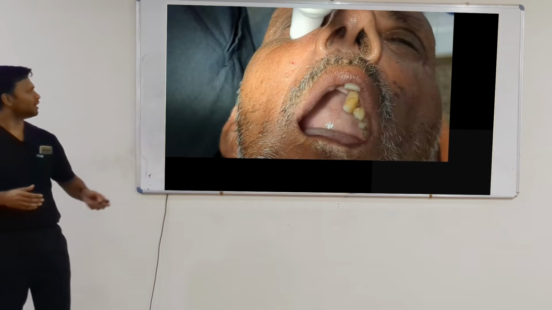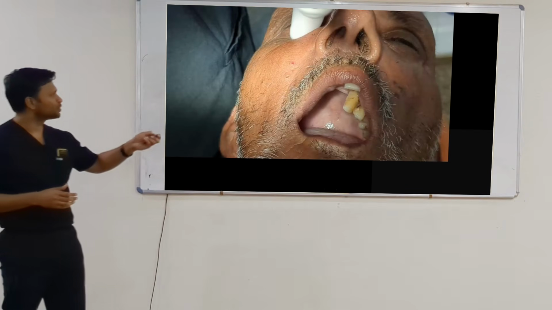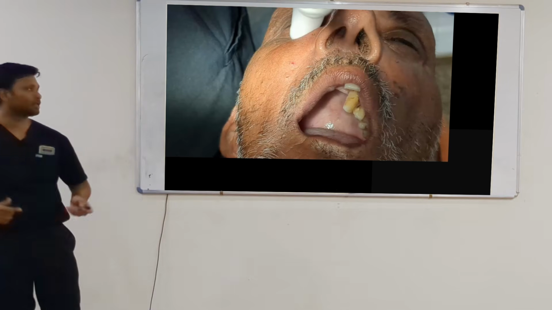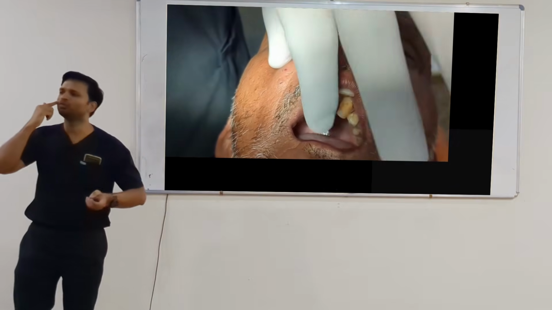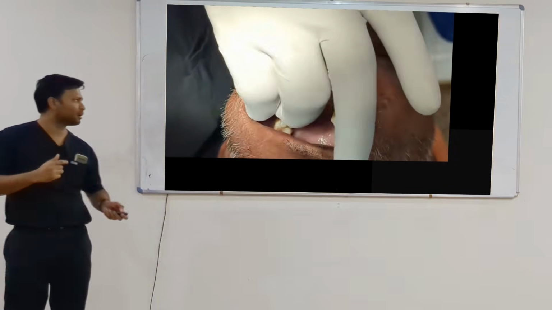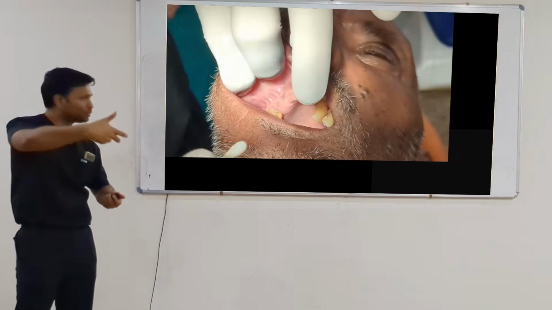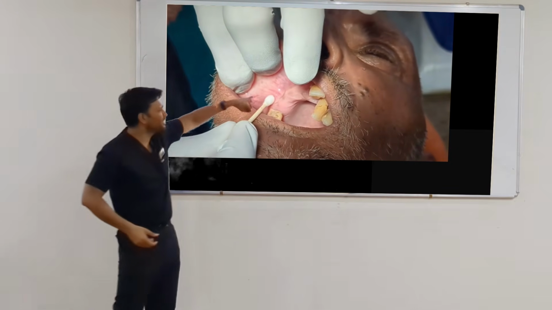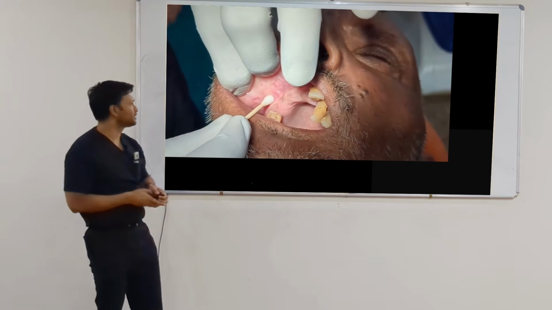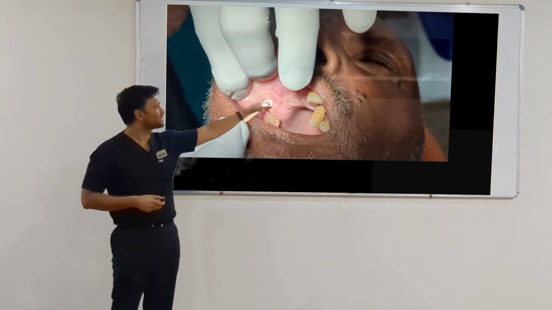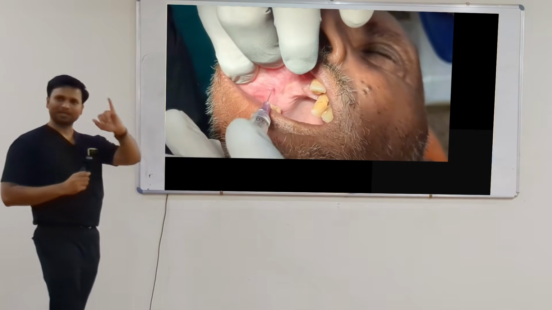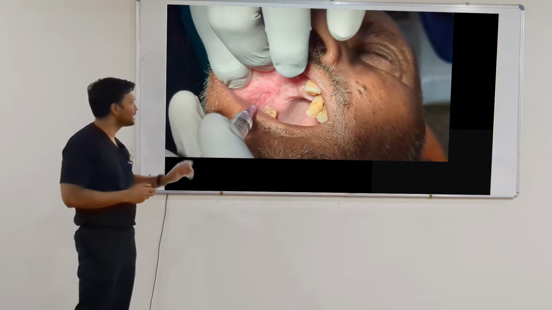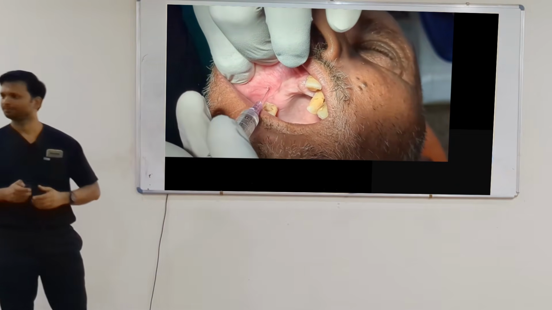So this is the infraorbital nerve block video. So you can see I'm palpating the infraorbital notch. Once I've located the infraorbital notch, I'm going to move my thumb down, locate the infraorbital foramen, and you can see I'm going to pull the soft tissue. Can you see? It is being stretched. The soft tissue is being taut, and I'm applying the topical anesthesia with the cotton bud. Again, pressure apply kiya and topical apply kiya. And then I'm going to insert the needle there.